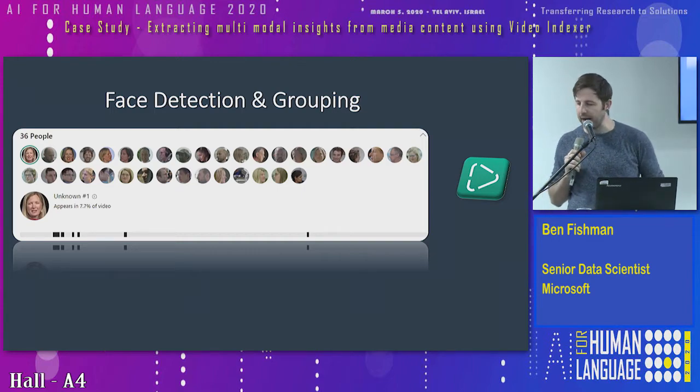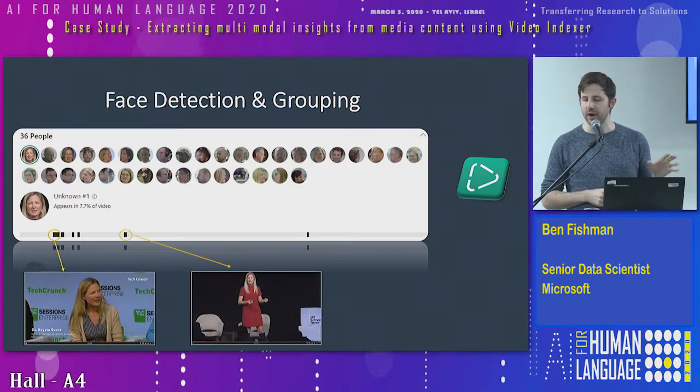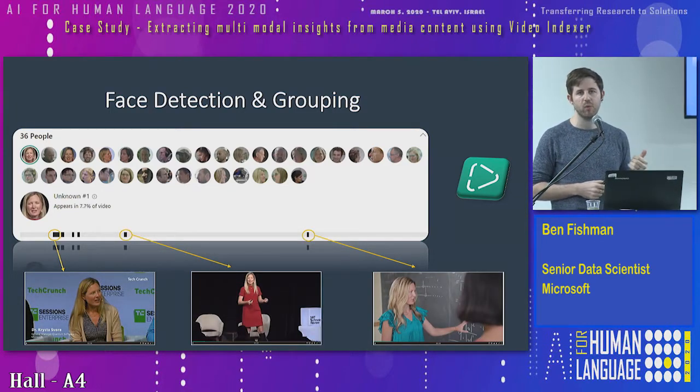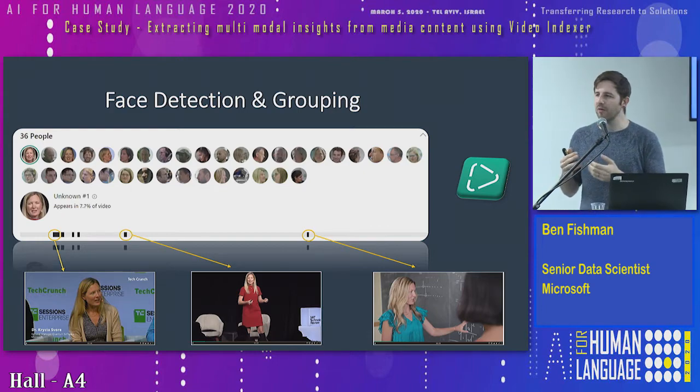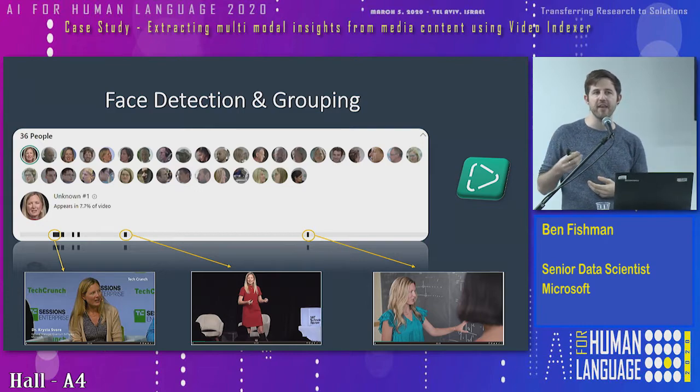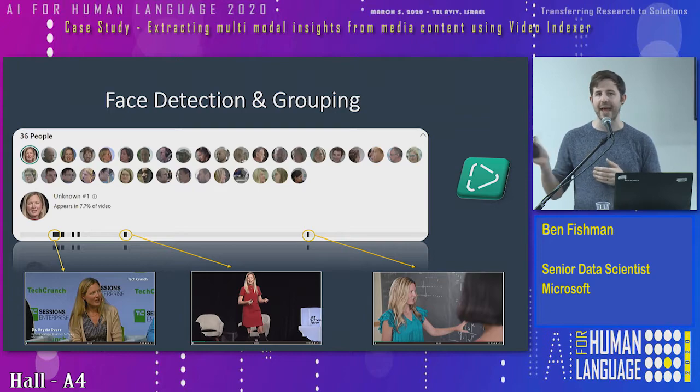Okay, now, other than the detection, we have the grouping part, and you can see here 3 places on the timeline where this woman appears. You can also see that this task is not that trivial because her face is different. It has different sizes. She looks at different angles in different poses, and this is why it can sometimes be difficult.